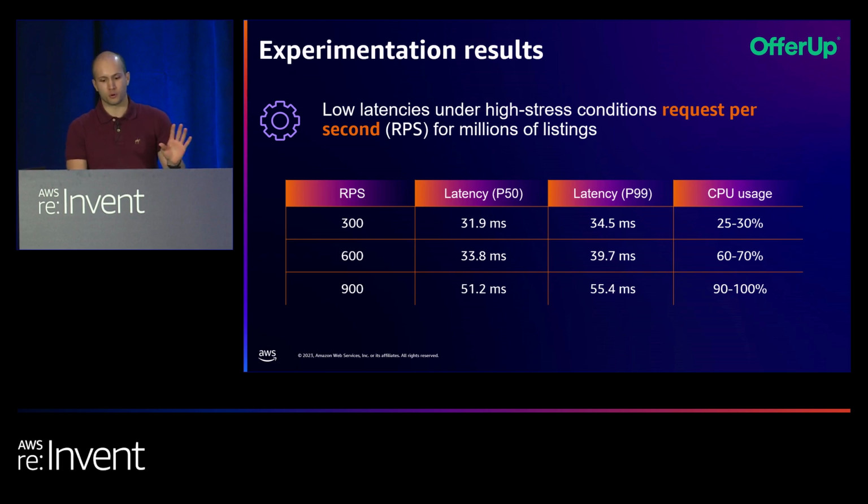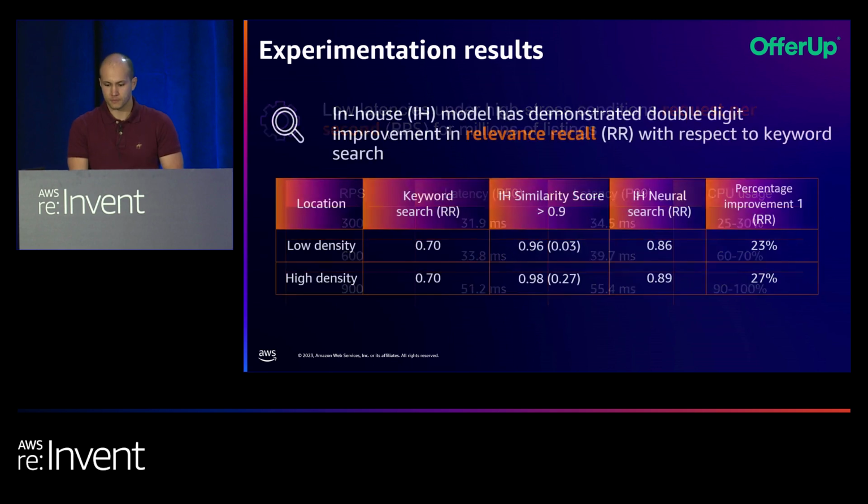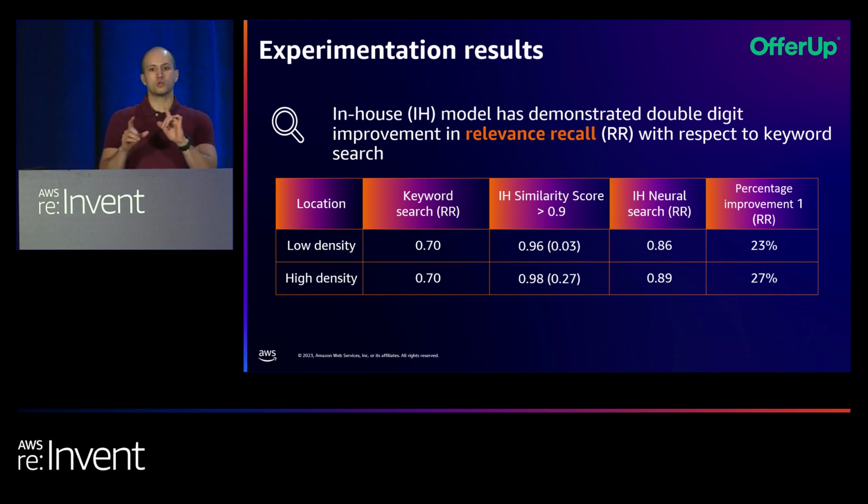a great community support. The other experimentation we did is quality. For the quality assessment, we retrieve items using the top 25 most used keyword searches in the application. With this information, we retrieve a certain amount of listings, and we compute the relevance recall. For the relevance recall, we have as baseline the keyword search. And if we look at the results, there is approximately a